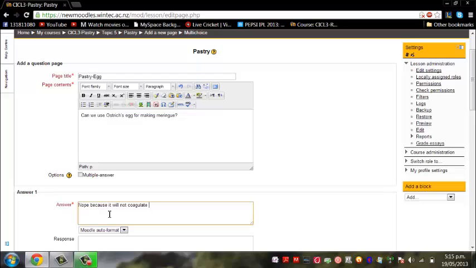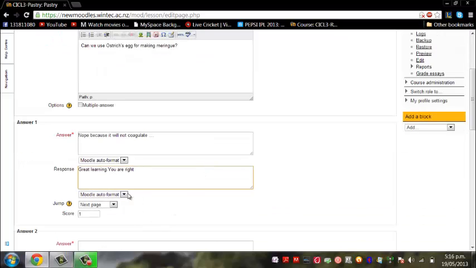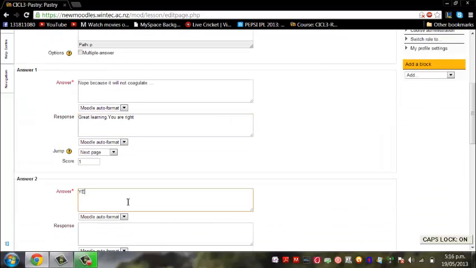And then you can say because it will not coagulate or something. I hope that is the correct answer, because if you want to give it to them, otherwise you can actually direct them to a learning material, which could be a PowerPoint presentation or whatever it is, up to you. And answer response, no, great learning, you are right. And the other answer is yes,